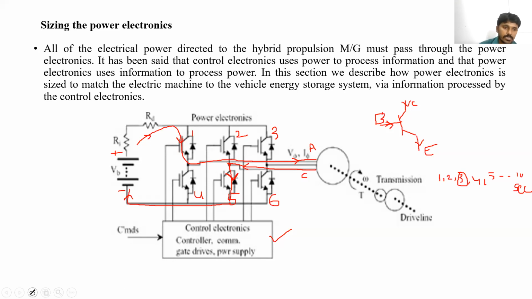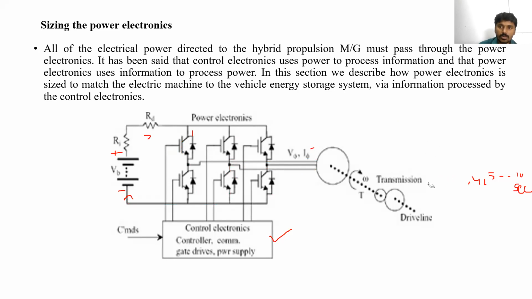Okay. So next thing, sizing of the power electronics. How can we select the power electronic converters? Based on the rated values of the motor, what is the voltage rating of the motor, what is the current rating of the motor, what will be the frequency of this motor, and based on this, what will be the power of this motor. Based on the power ratings, based on the ratings of the electrical motors, we have to select the switches.